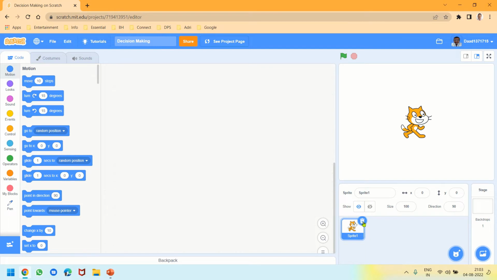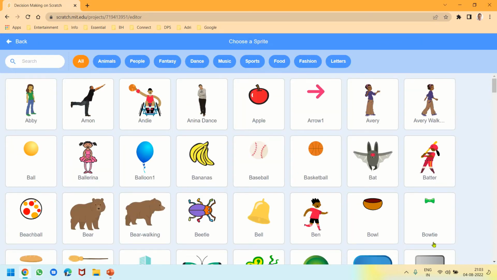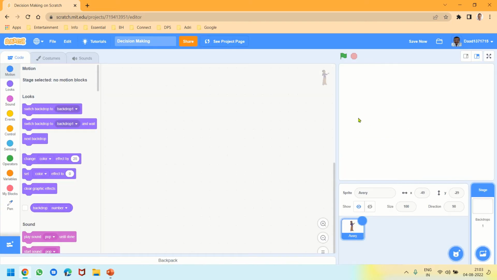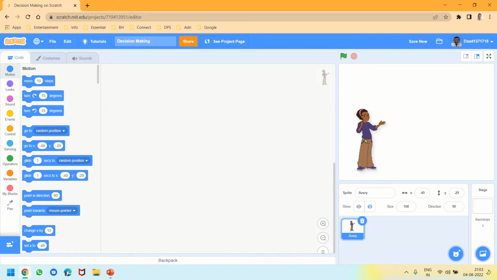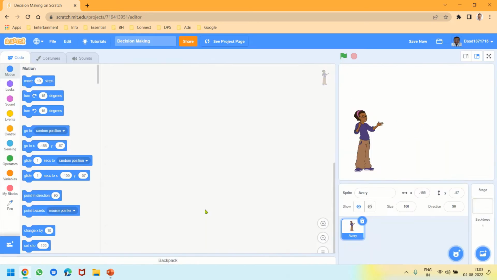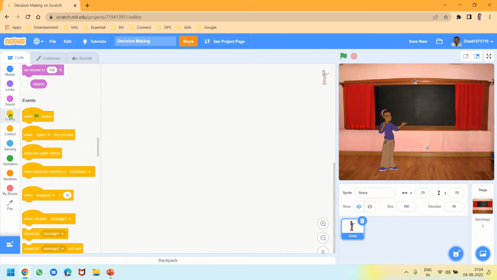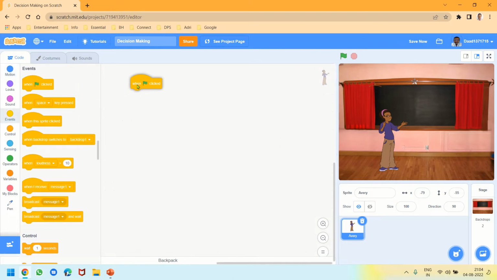Okay, again I will change the cat sprite. I will use, okay, Avery is fine. All right, so I will use Avery, and I will use a backdrop also like this one, and I'll keep her in the center. All right, so what we will do here is, once again from event I'll take when green flag clicked,